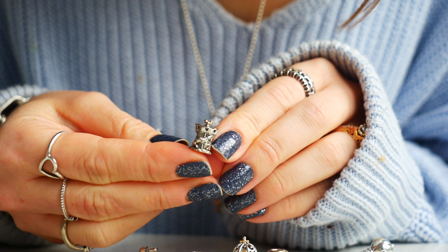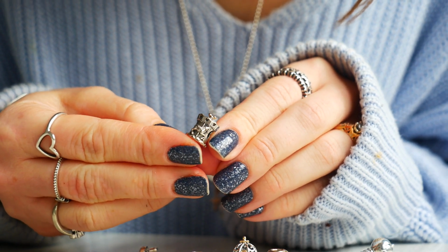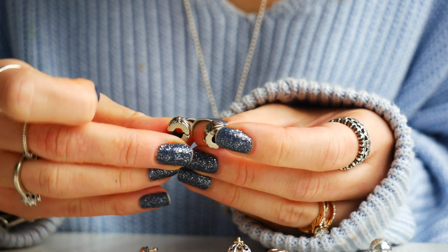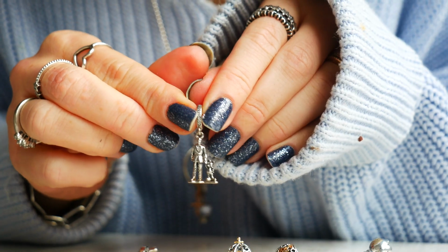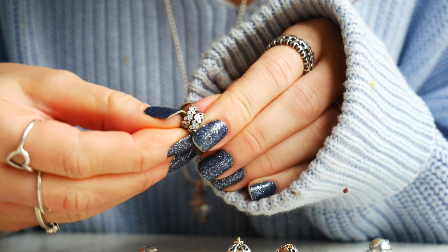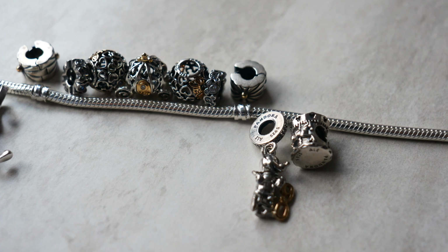So I pulled out a couple different charms that I liked and I polished them up. If you do want to know how to clean your Pandora jewelry, I have an updated YouTube video about that. I'll leave a link up above the screen right now on where you can find it. I decided to add the Walt and Mickey charm onto my Pandora O pendant, and for the other two-tone charms,